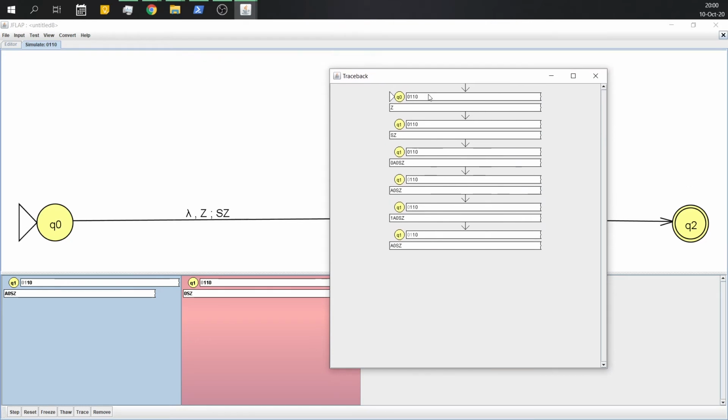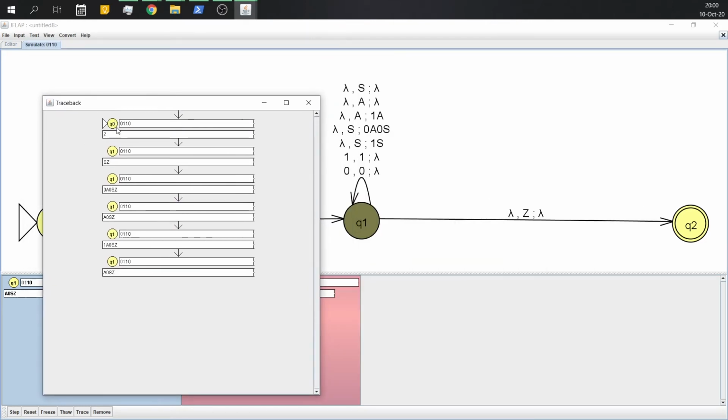Here we can see it was at q0, the initial state, it was empty, then at q1 the stack became SZ, and again at q1 the S was converted to 0A0SZ. The stack status was 0A0SZ, and at the fourth step it was at q1, and now the 0th index value, that is 0, is popped out of the stack. Now the stack status is A0SZ.